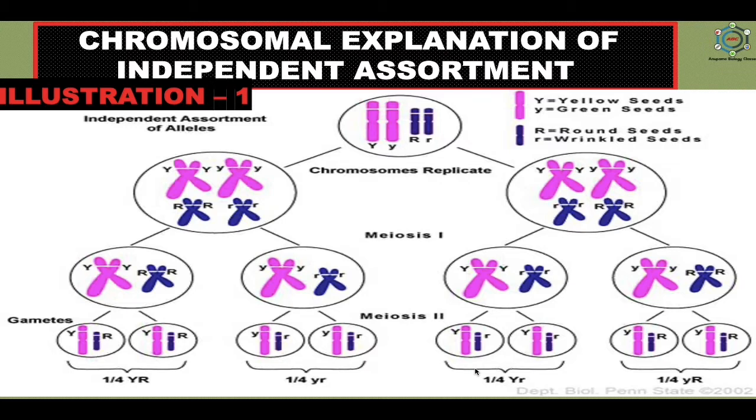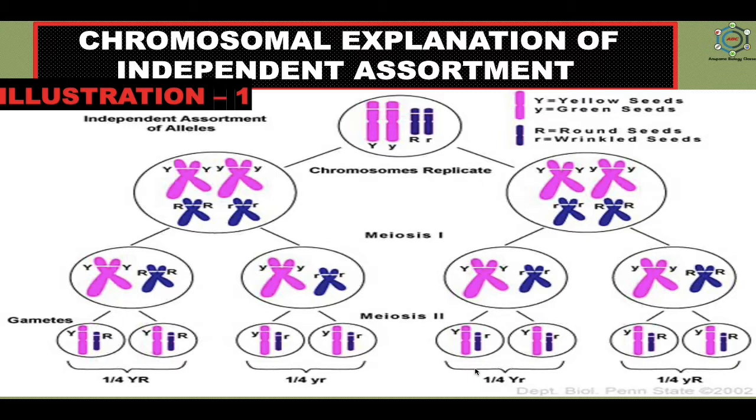This leads to independent assortment of the chromosomes and the genes located in them in four possible ways during the metaphase of meiosis II, and this produces four types of gametes, each with half the number of chromosomes and genes. Of all these, two are parental and two are recombinant. So all the four types of gametes are in equal amount, that is 25% each, and it shows the ratio